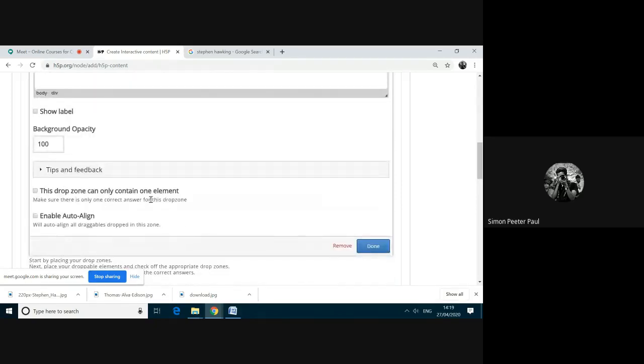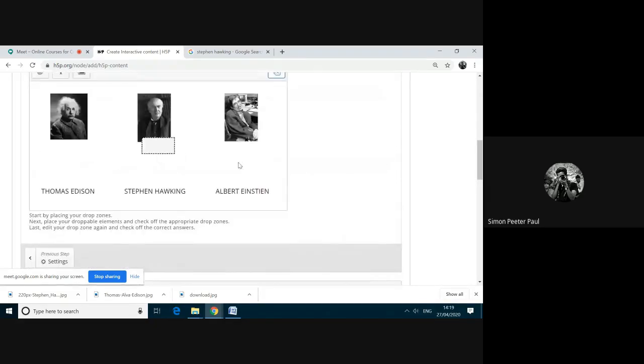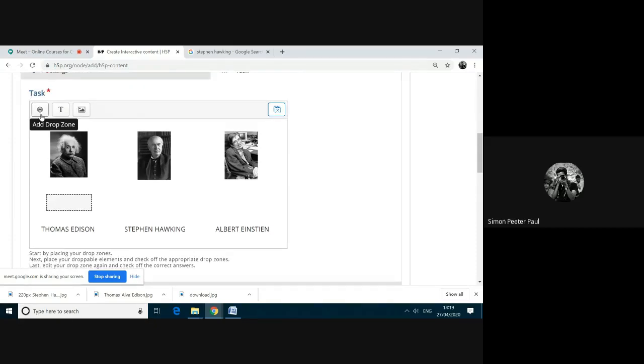This drop zone can contain only one element. You enable this one and click done. So I'm keeping this drop box here for Einstein, and then again I'm clicking another drop zone for Edison.